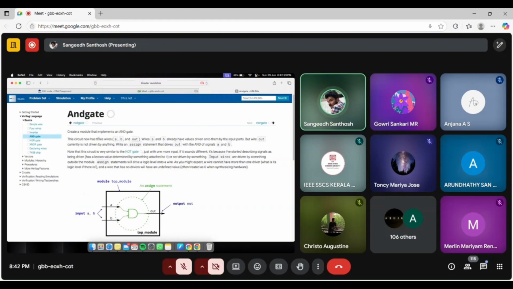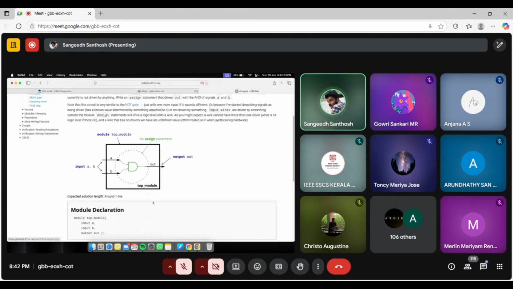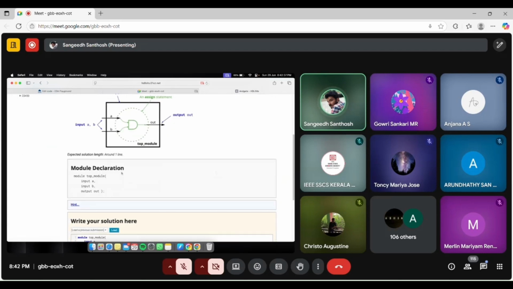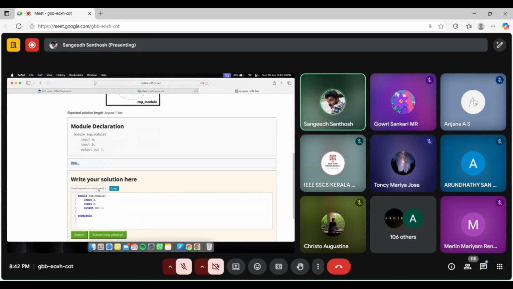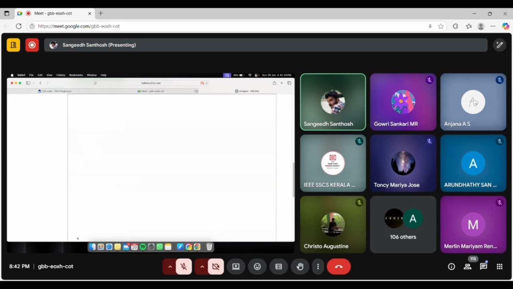It will give a problem statement. You read this first, and this is our top module, and these are the inputs and outputs. They have already declared all the inputs and outputs. What we have to do is design that. So if I write assign out is equal to a and b